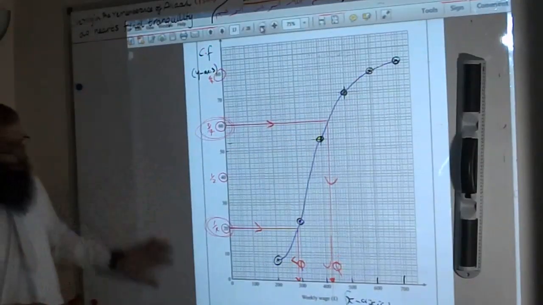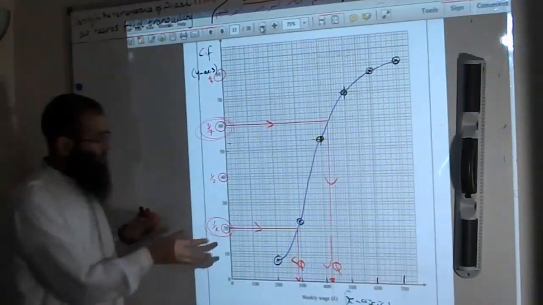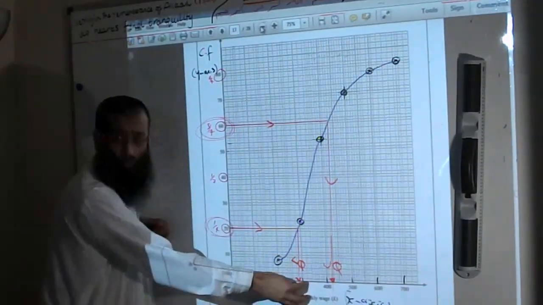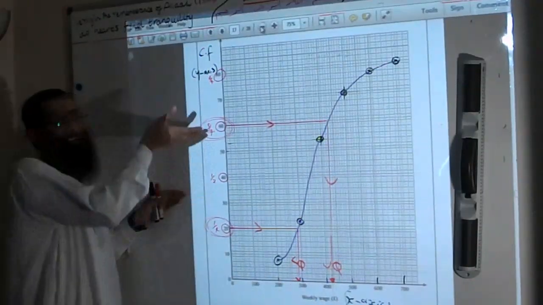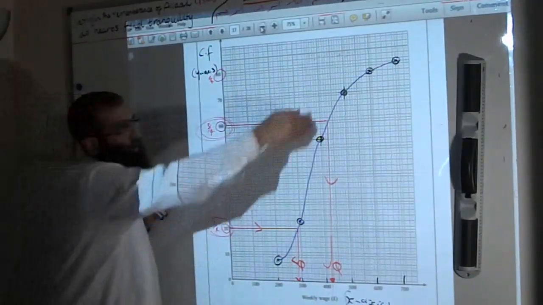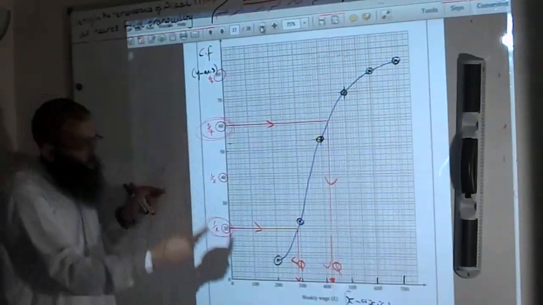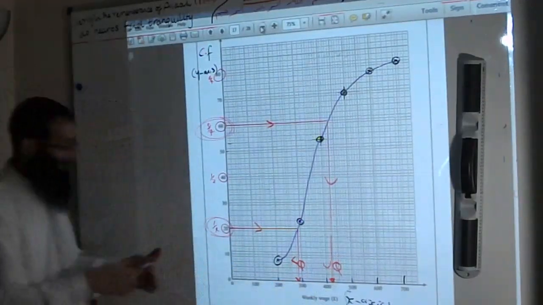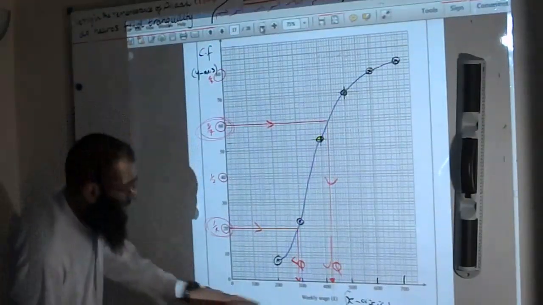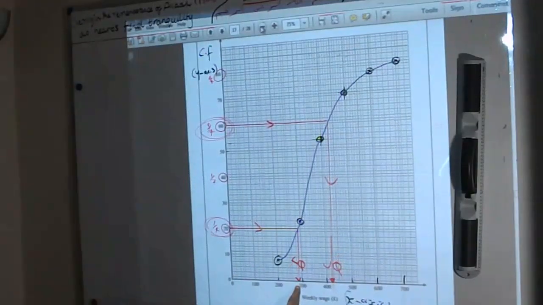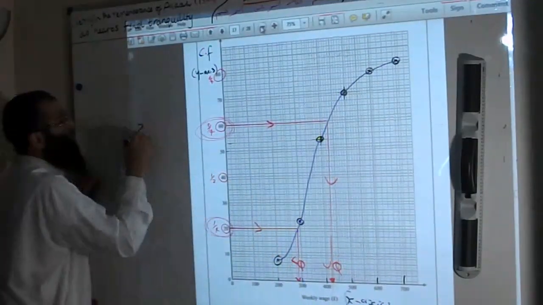Okay, right, back to the question, over here. So what we said before, a quarter of the way up, across and down, that gives you the lower quartile value. 3/4 of the data up is the 60th value, across and down, that gives you the upper quartile. So these are not the lower and upper quartiles, the lower quartile is here and the upper quartile is here. So let's get some values off the graph. I'm getting roughly, according to my scale, roughly 290 for the